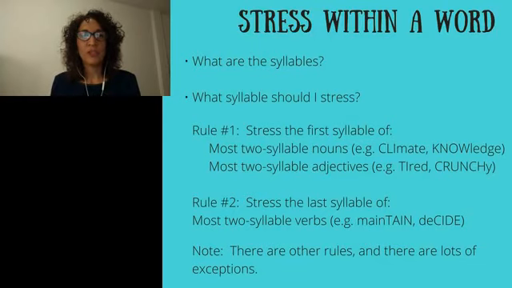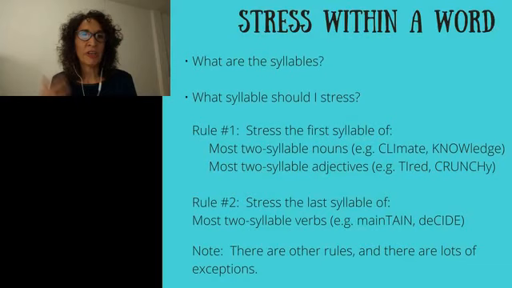Rule number 2, stress the last syllable of most 2-syllable verbs. Okay, so a verb is an action word or something like be. So we have maintain. There's 2 syllables. Maintain is a verb. That means to keep something the way it is. Maintain, maintain. And then the verb decide. So 2 syllables, decide, and the stress, according to the rule, is on the 2nd syllable. Decide, decide. All right? So I hope you're doing those with me at home so you're kind of getting a